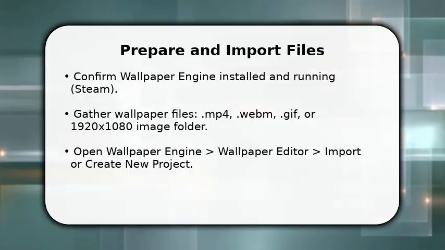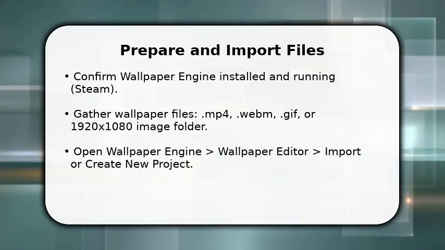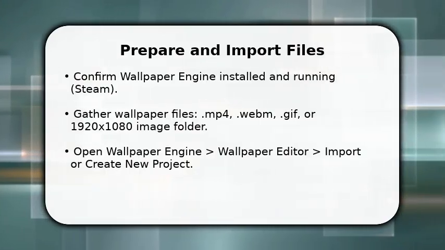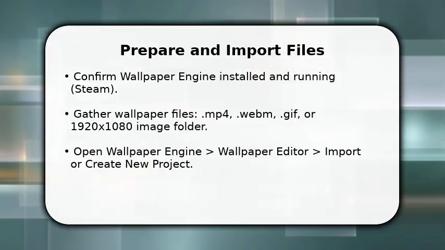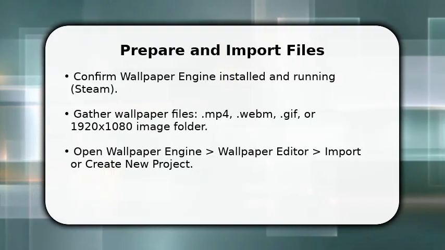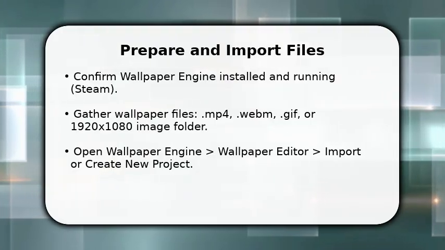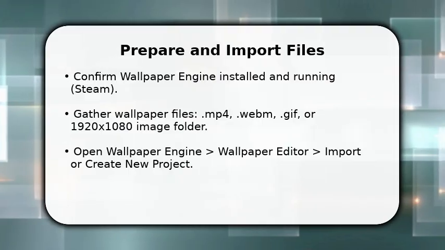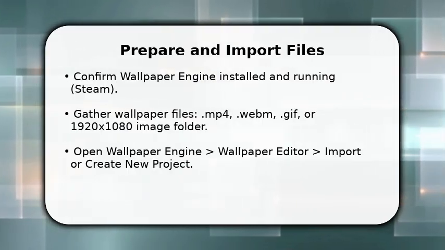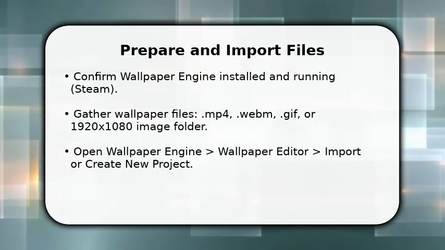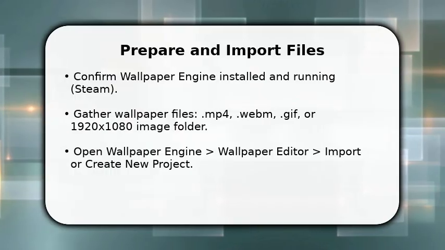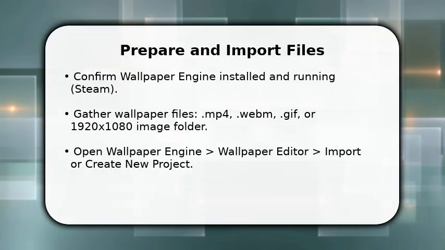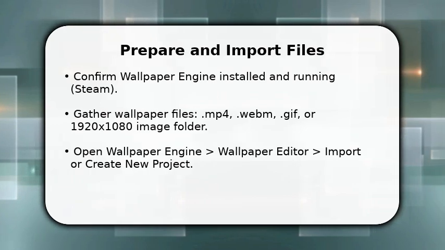You start by opening Wallpaper Engine and locating the editor. This gets you into the import workflow immediately. Once done, import your source files, video, animated GIF, or an image sequence, because the engine optimizes performance differently per format. Make sure to set project resolution close to your monitor, e.g., 1920x1080, so scaling artifacts are minimized. You do this now to avoid rework later, and to let the app build previews while you proceed to tweak